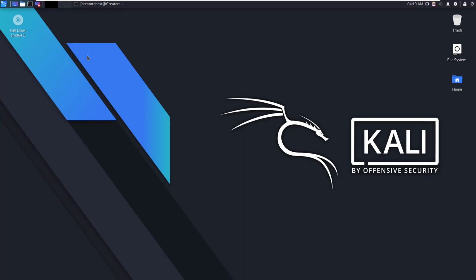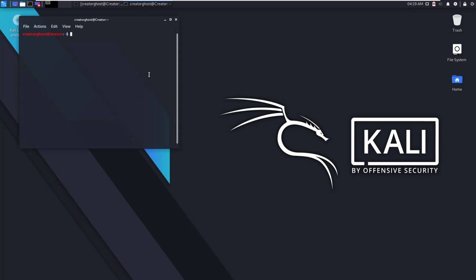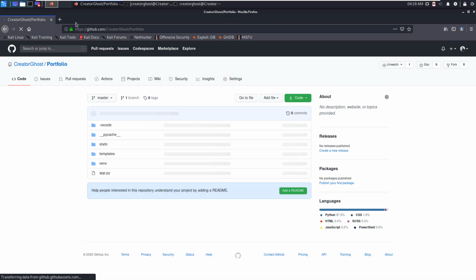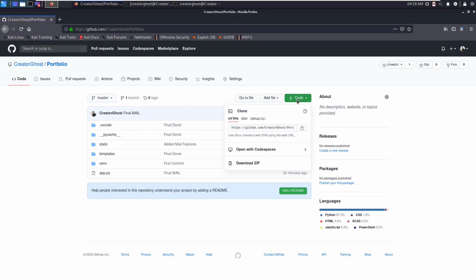Okay, the very first thing that you need to do to create this website is to basically go to the GitHub repository. Okay, let me just open the Firefox and then we are going to go there. And here you can just paste this URL, and this URL will also be provided in the description section below so that you can just easily access it. But once you are here, you can just click on code and then you can just click here to copy this link.